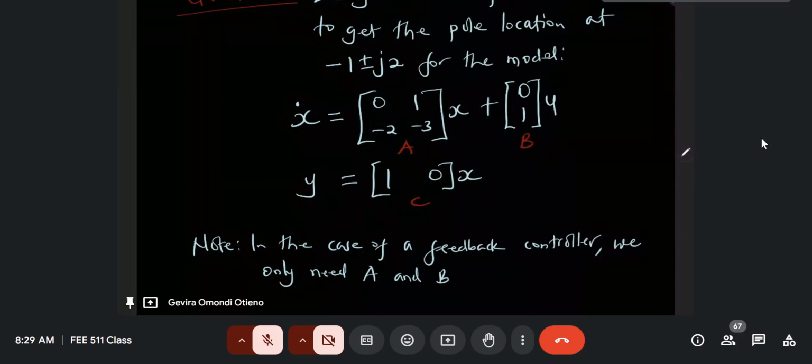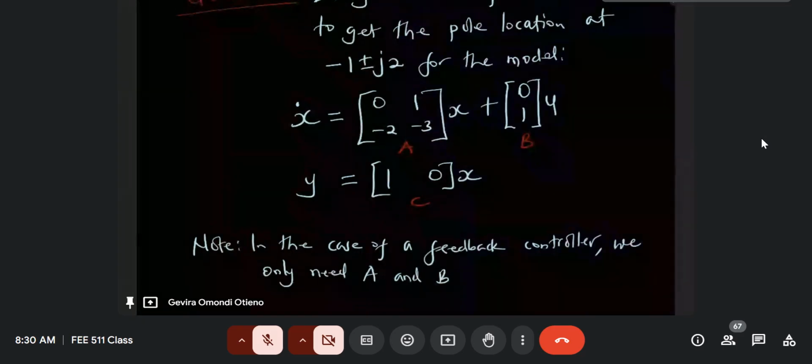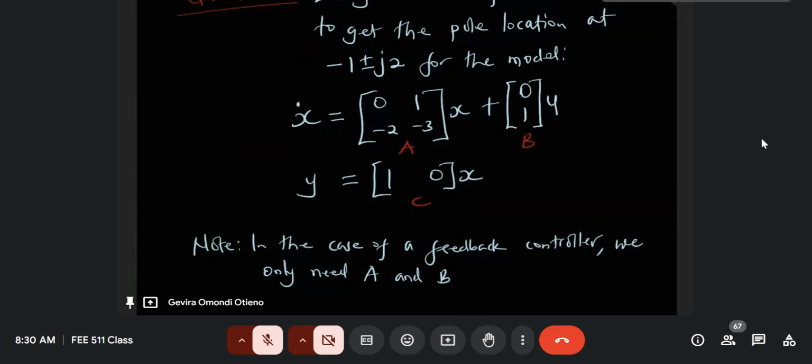So we only need the state matrix, and we also need the input matrix B, or the input vector B. We do not need the C matrix,